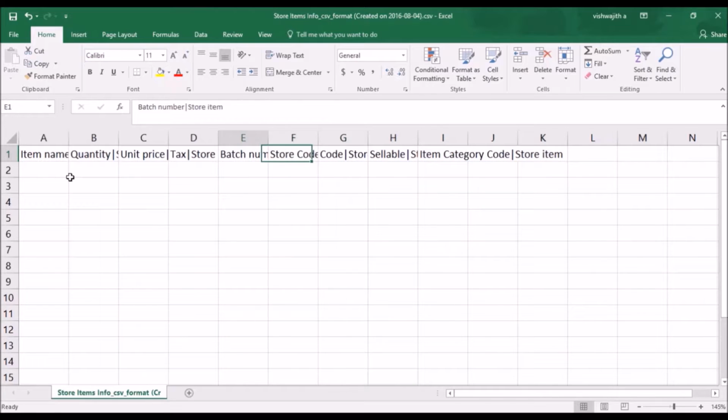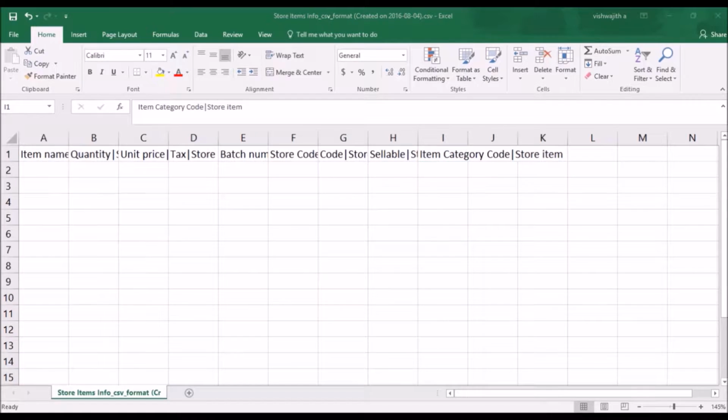Now again, if you see, there are a few columns that are dependent on existing information in FEDINA. For example, the first one would be the code of the store. It means where you want to put this item. The other one would be the category of the item.